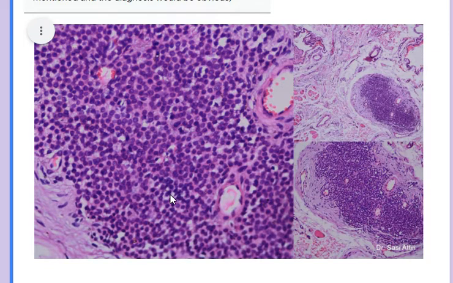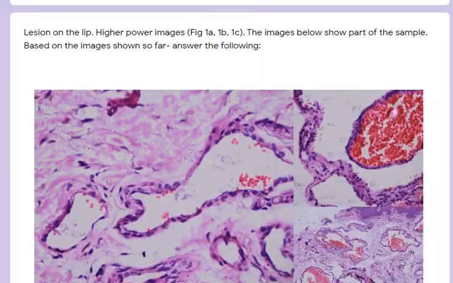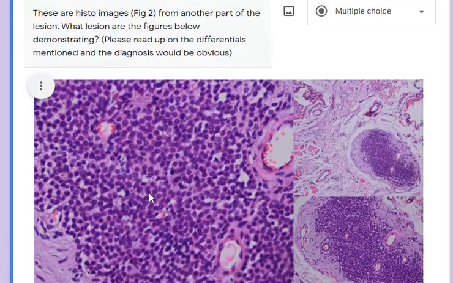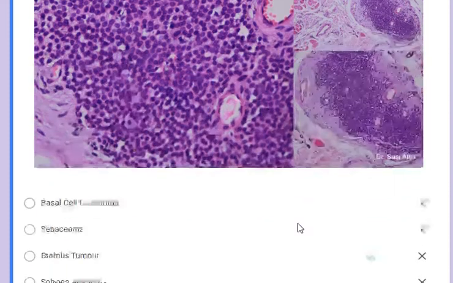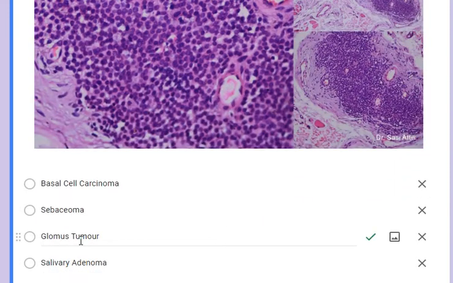Now, glomus tumors are also part of the spectrum of glomangioma. Glomangioma is actually more common than glomus tumor and actually isn't that painful, and this patient didn't have a painful lesion. So glomangioma is where you have a combination of cavernous vascular channels along with the more solid component of a glomus tumor. So this is a glomangioma. It's more like an AV malformation which also has glomus cells. Okay, so this is a glomangioma. This particular tumor here is a glomus tumor. Okay, so the answer to this is glomus tumor.